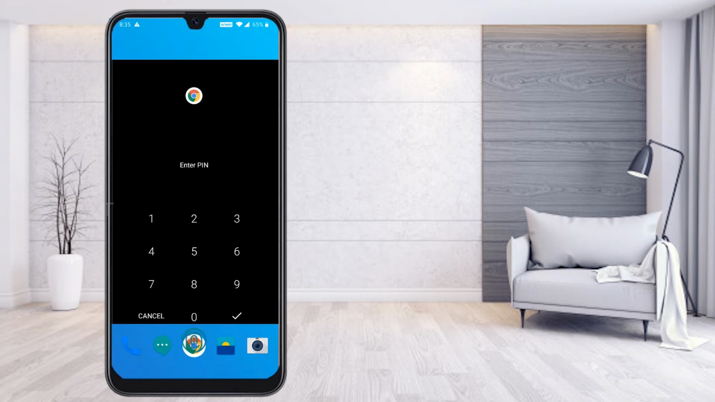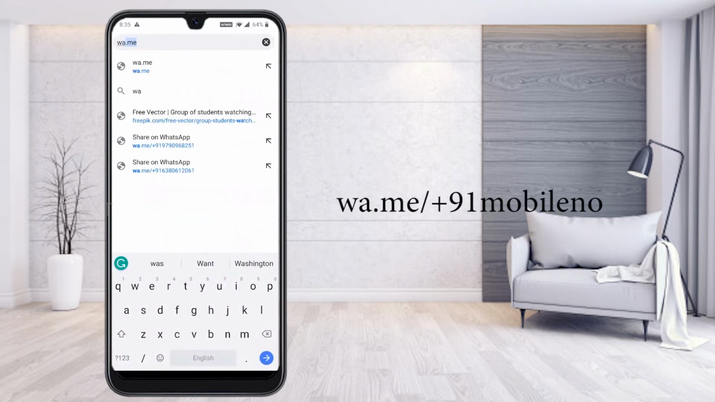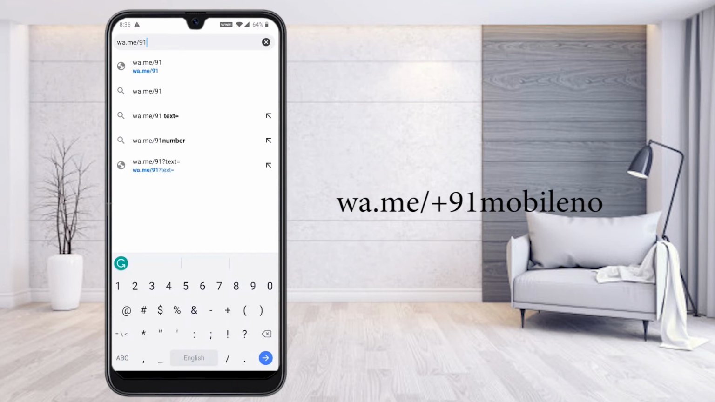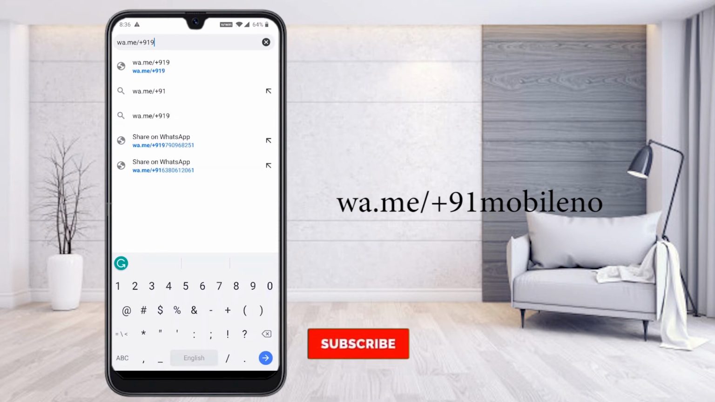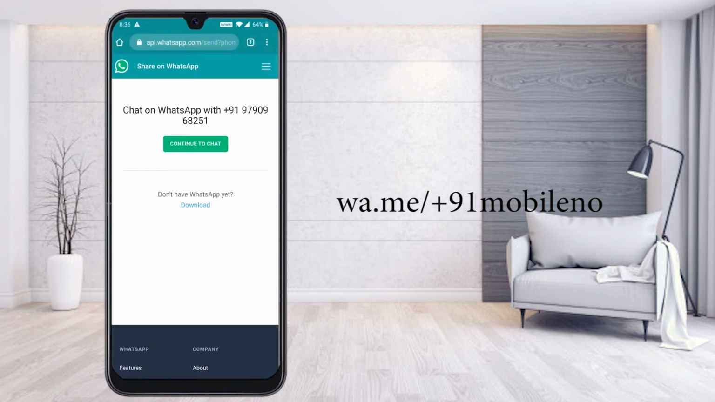Just browse in your Google browser. On top, just type wa.me, so wa.me slash, and the number where you are going to send. For India, 91 is the country code, so just type +91. Whatever country code you want, you can use it and give the number. Once you type it, just press enter, and automatically it will direct you to the chat on WhatsApp